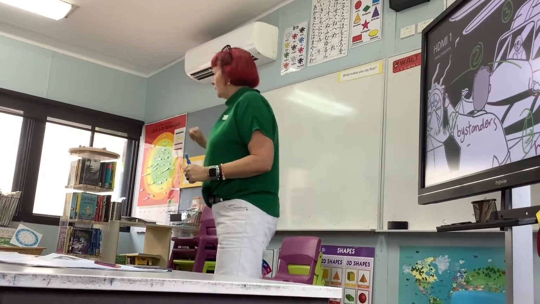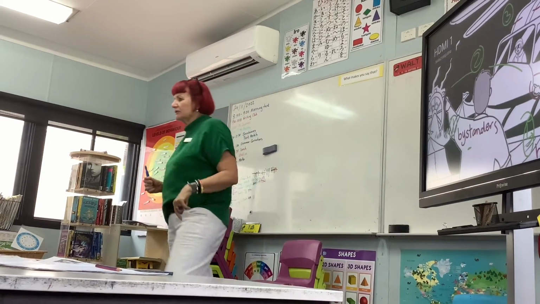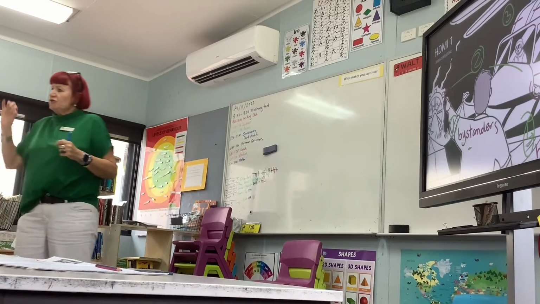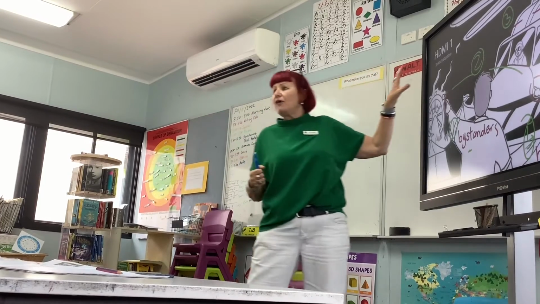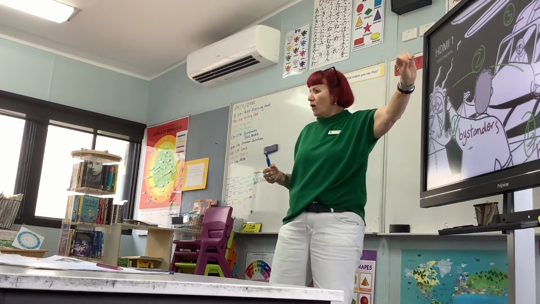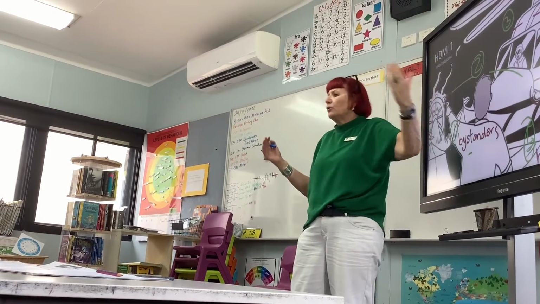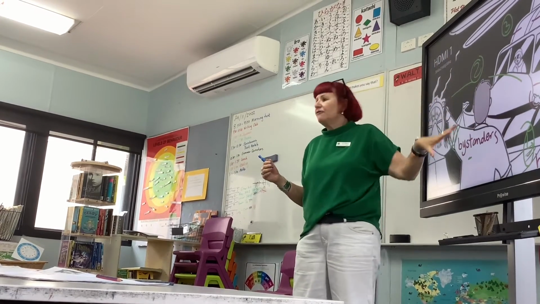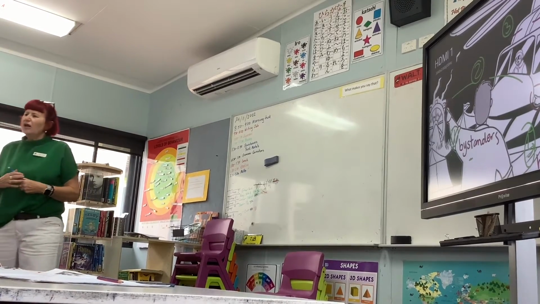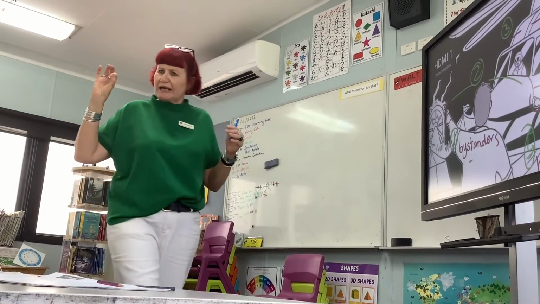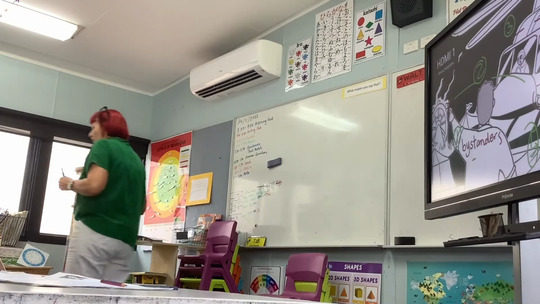Okay, guys, I need your opinions now. We've done one sentence from this. We've got another sentence to go. I want you to tell me what you think helps you better. Is it better to have the words up there, like Mr. Holmes and Ms. Kaplan have? Or, it doesn't have to be better, is it equally helpful or not as helpful to have the arrows and the numbers and the words on the actual picture? Have a think for 22 seconds. Talk to your partner about what you think.